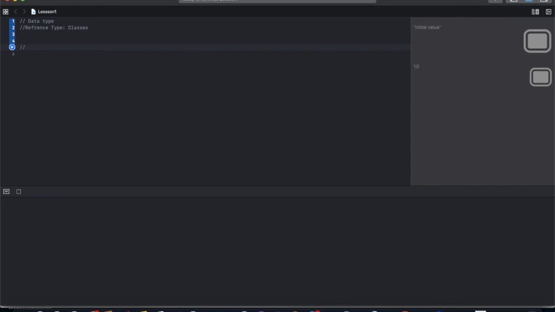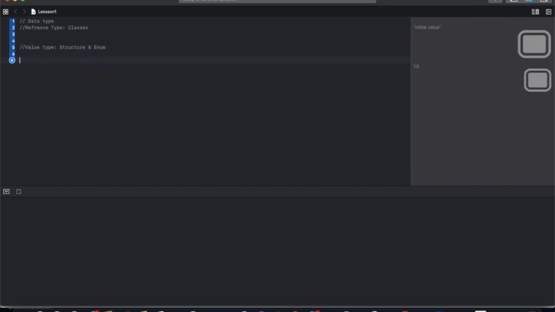Secondly, value type, like structure and enum.